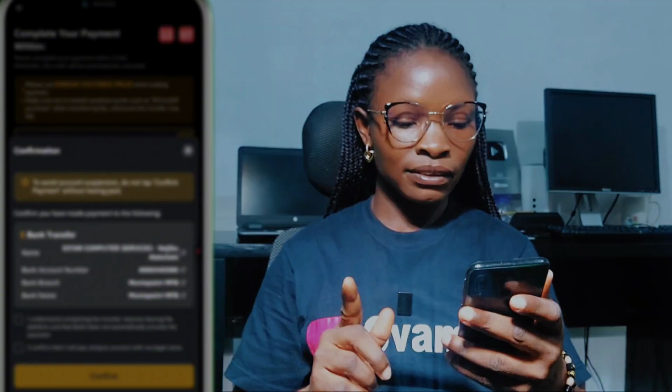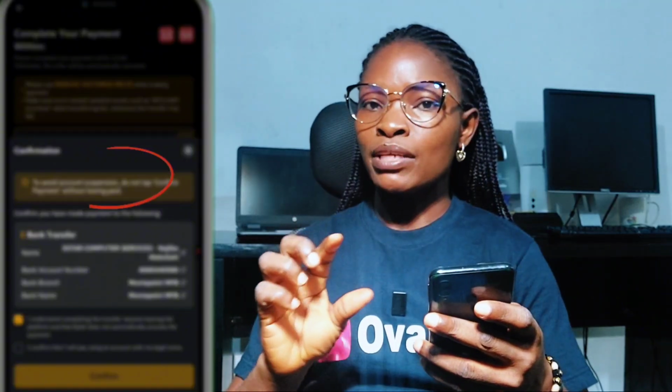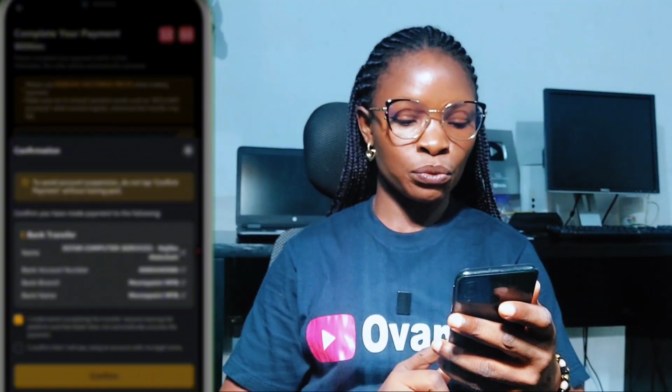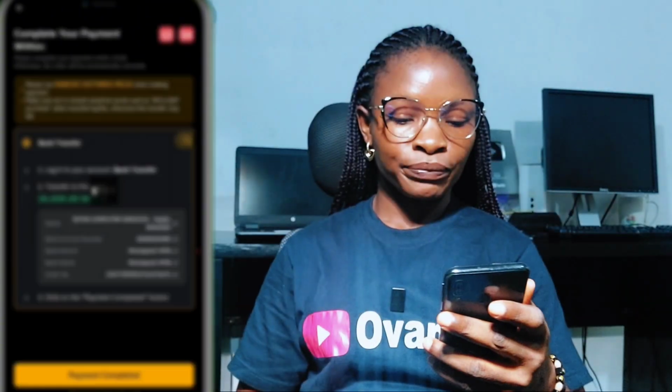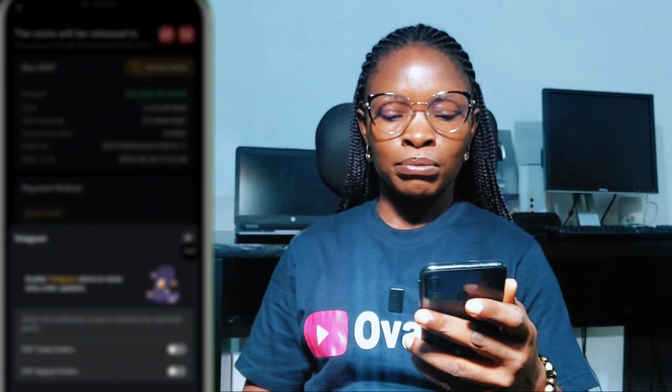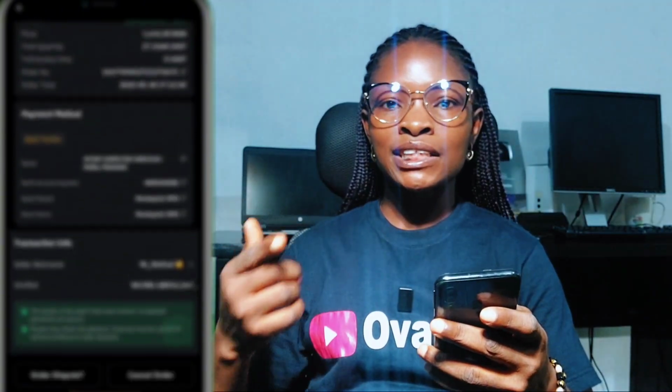This is important. To avoid account suspension, do not tap confirm payment without having paid. So if you have paid, check these 2 boxes and click confirm. Any advert that comes up, you can go ahead and remove it. As we wait for this person to send this USDT to my Bybit account,